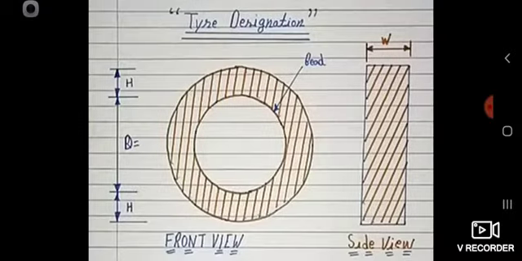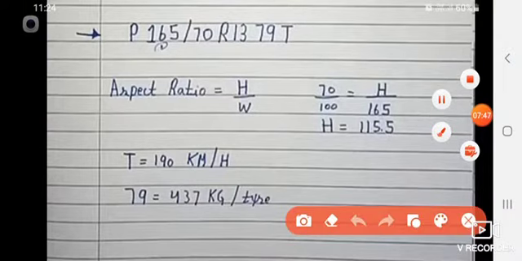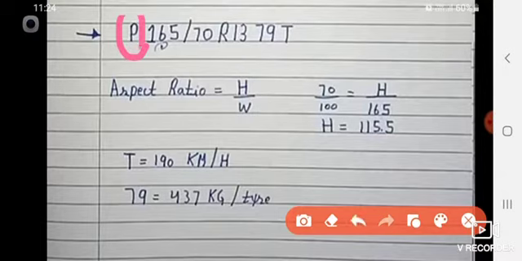Let us consider an example. Okay, this is another example, and if you have this particular type of designation, how will you designate this? So the first letter P indicates the type, means it is a commercial or passenger, it is a passenger type. P indicates a passenger type. 165 actually indicates the sectional width. Okay, sectional width. Then 70 indicates